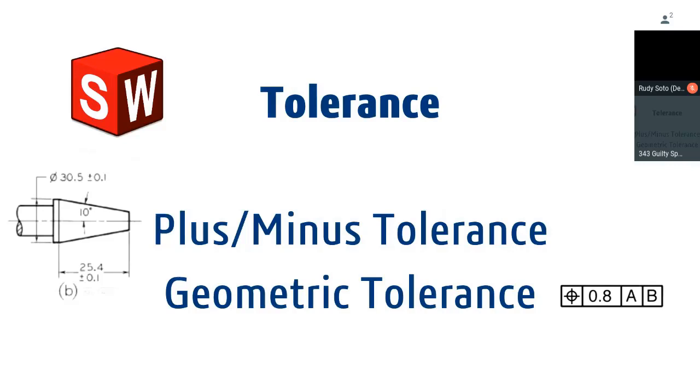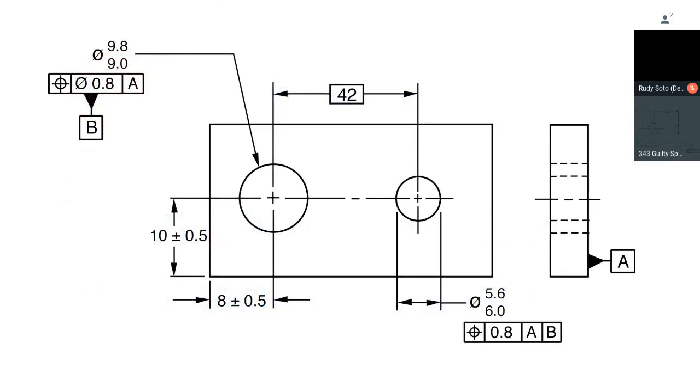And tolerance primarily comes in 2 forms, either plus minus tolerancing, which is similar to the example I gave a moment ago, or geometric tolerancing, which would be like power tolerancing, right? If SolidWorks coined it, that's probably what they would call it. Geometric tolerancing is a more advanced skill that requires some education to learn. There are semester-long classes all on GD and T, geometric tolerancing. So that's a quick overview of tolerancing. I'm sure you guys already have had some experience with this, but just in case anybody's not familiar with it.